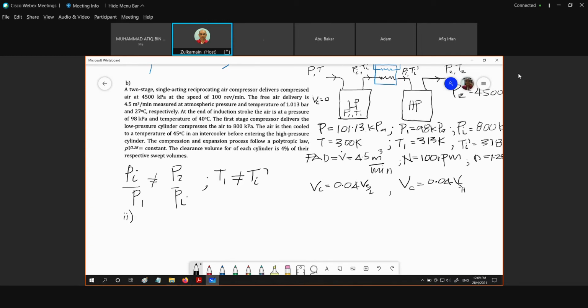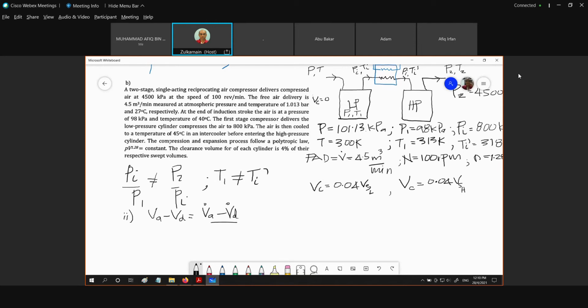Always we get the VS from the induction stroke or from the induction condition. Right? So as far as the VA minus VD is concerned, then we need to get it per cycle in order to get the VSL. So we need to observe and analyze the VA minus VD in terms of per cycle. So this is VA dot minus VD dot